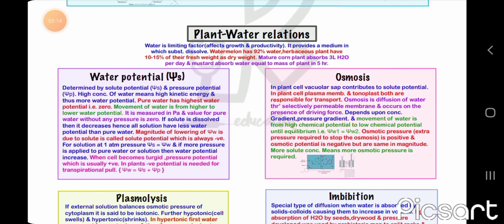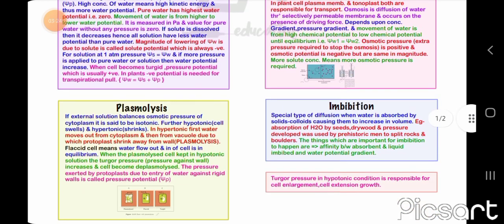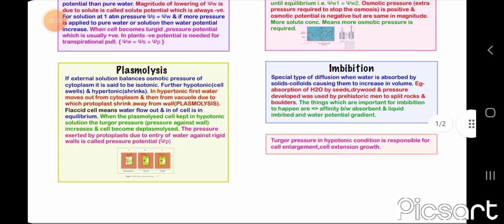Osmotic pressure is positive and osmotic potential is negative, but they are the same in magnitude. More solute concentration means more osmotic pressure is required. Then plasmolysis. If the external solution balances the osmotic pressure of the cytoplasm, it is said to be isotonic. Further, hypertonic and